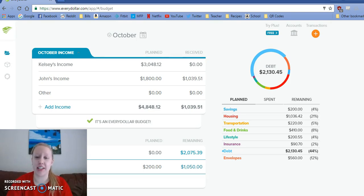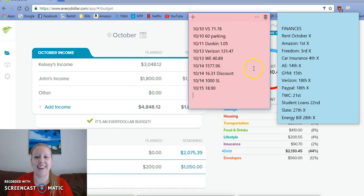So I'm checking in with my mid-month budget, and I'm going to show you the transactions of this week, show you how to do them a couple different ways. I don't normally do this. Usually whenever I make transactions, I put it into everydollar.com right away so I don't forget anything. But I've been keeping track of them on a sticky note so I can go through them with you. So first up,